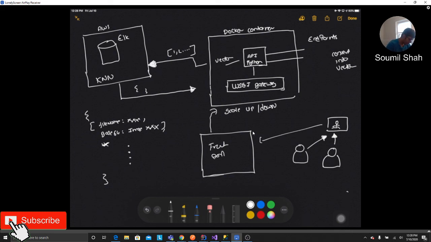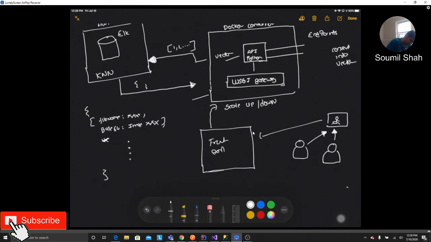The Python API will query the Elk stack, return the JSON objects here, right? And now on the front end, once this is returned, we need to render it.